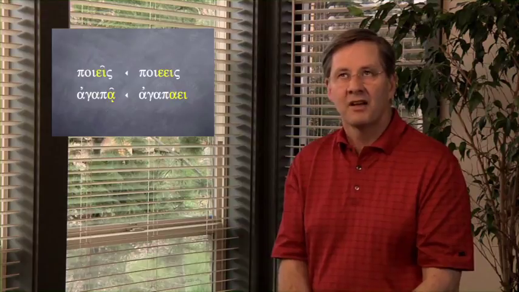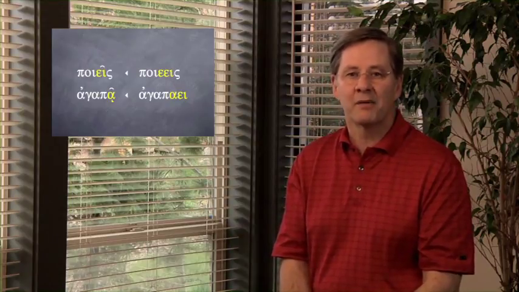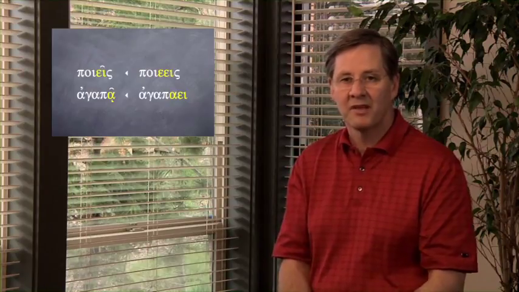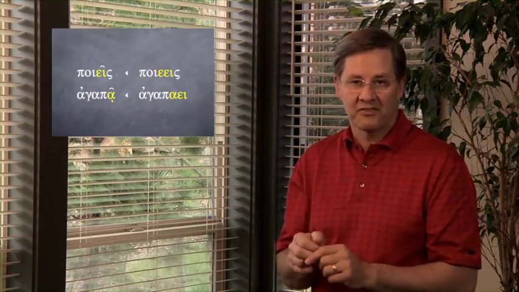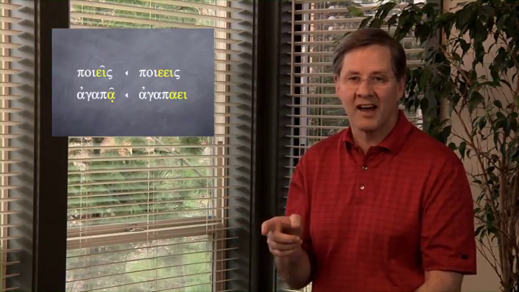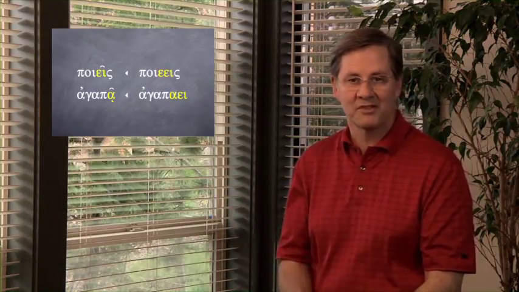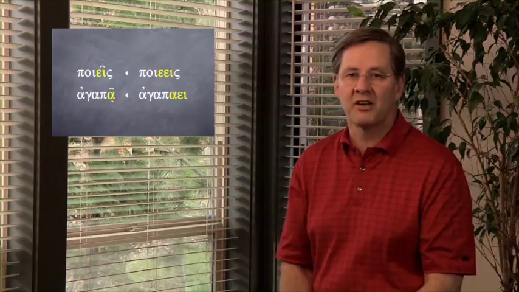So in the third person singular form with agapao, you have agapa, alpha plus epsilon iota. The alpha and the epsilon are different, and so they're going to contract. Alpha comes before epsilon, so it's rule 4, so it goes to a long alpha. The second vowel of the diphthong is an iota, so it subscripts. Okay, so that's rule 7 on diphthongs. It all depends upon whether the single vowel and the first vowel of the diphthong are the same or different. Okay, but it's pretty straightforward, I think.